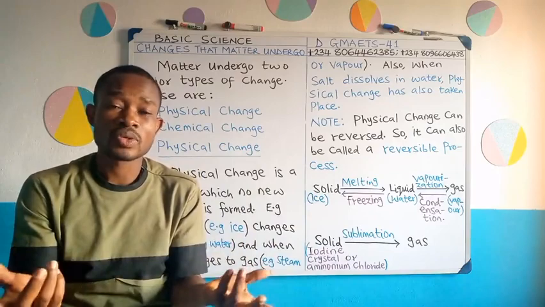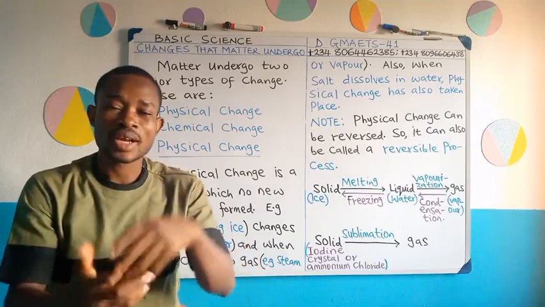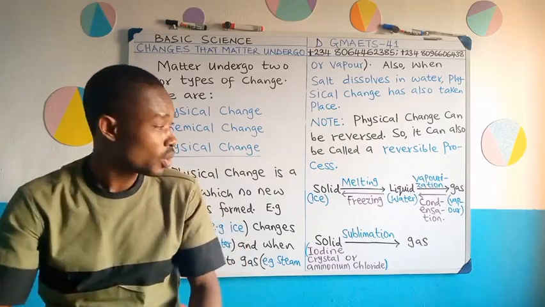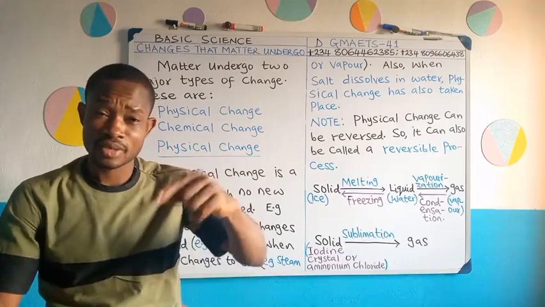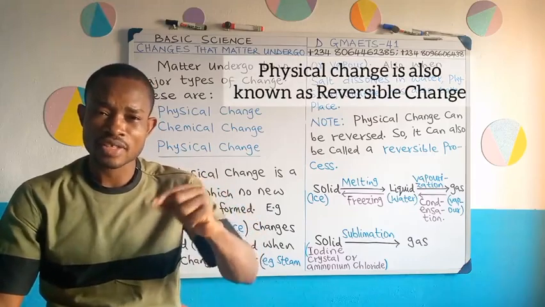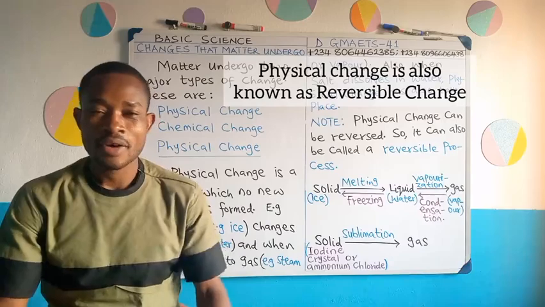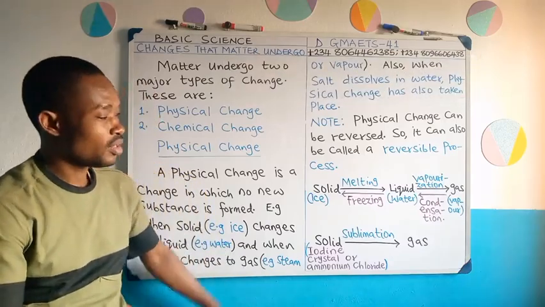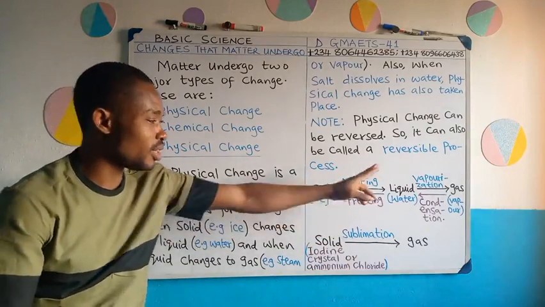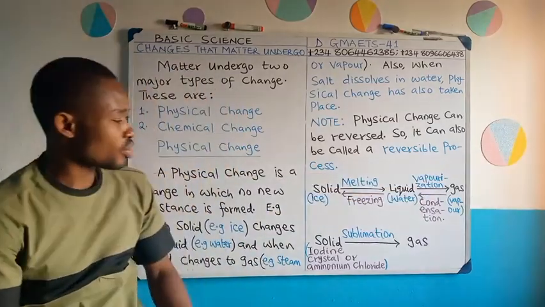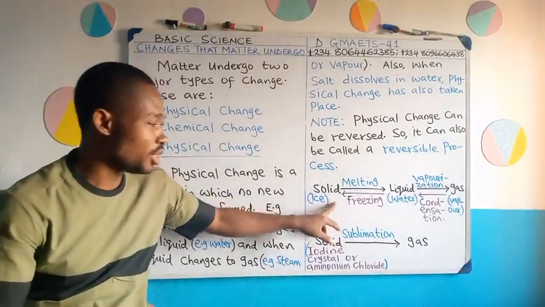I've given you some examples, like ice water can be changed back to liquid water. That liquid water can be changed to gas, which is steam or vapor. So the process is also called a reversible process. Physical change is also called a reversible process or a reversible change. Is that okay? Now on the board here I have these lines I drew, and I showed you the three states of matter: solid, liquid, and gas. I gave an example of ice here. The ice, which is a solid, can change to liquid.